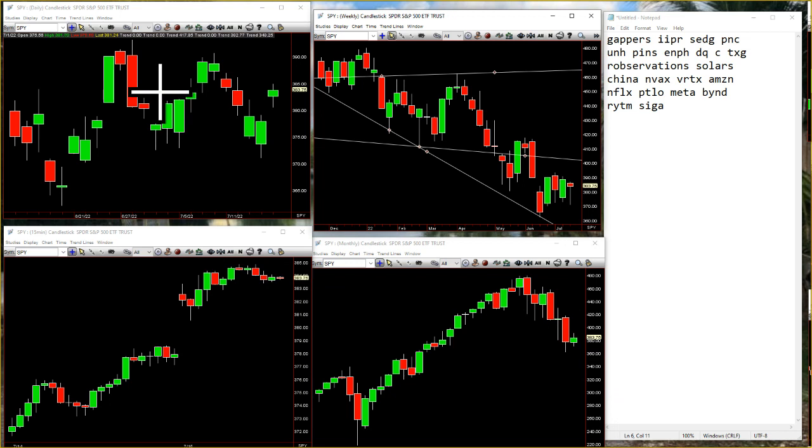Like I said here on the daily, we had the gap down and then rally back, gap down and then rally back, and now gap up, and it's holding. So we'll see how that goes. But we always want to see what's going to set up for next week, and that'd be rev strat here. If we go to QQQ,